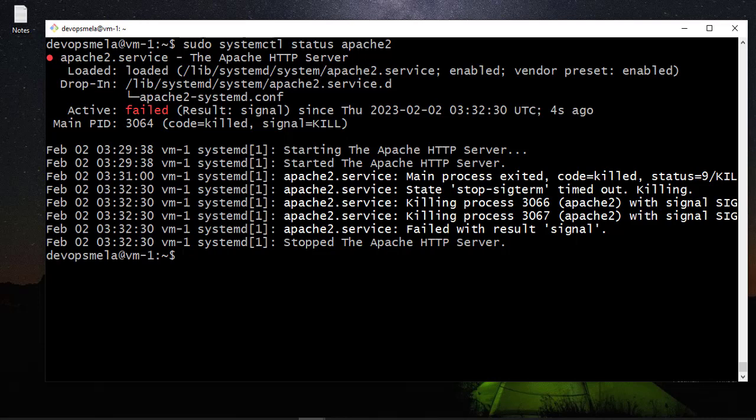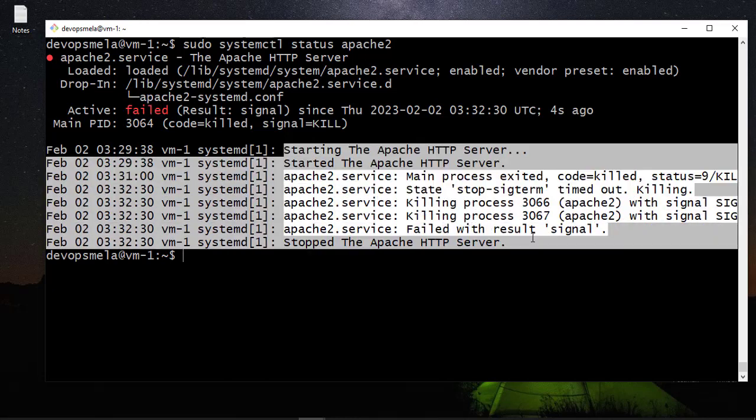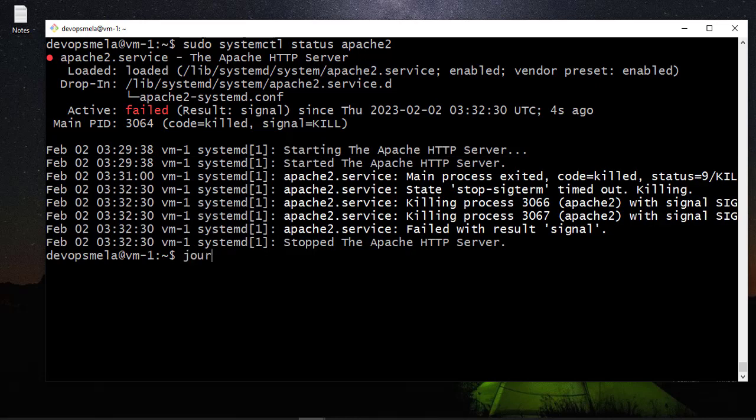Stop is done. Now if you see this, there are logs over here. Now this is showing failed, and there are logs over here. So you just get the top 10 lines over here. You will not get more information. Now if you want more information, there is a concept called